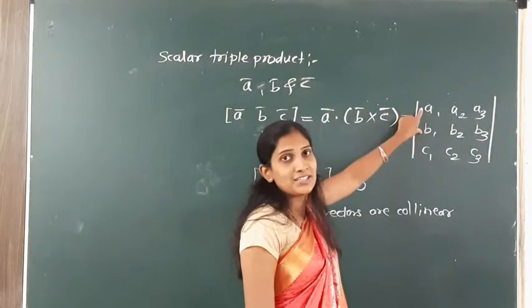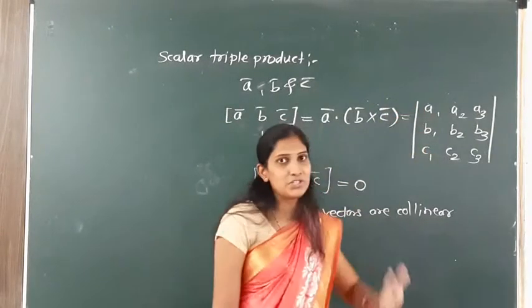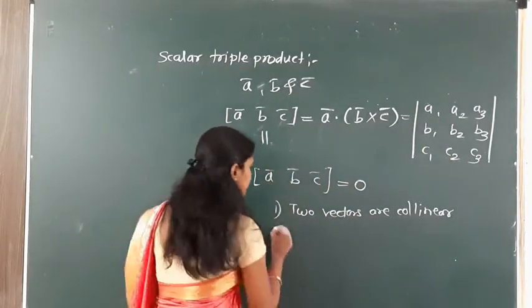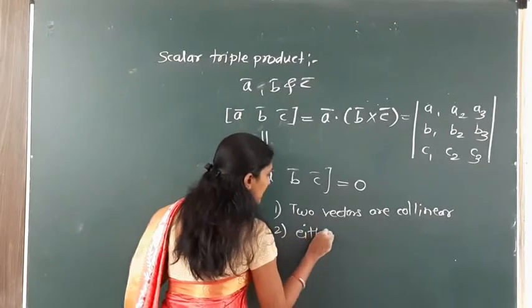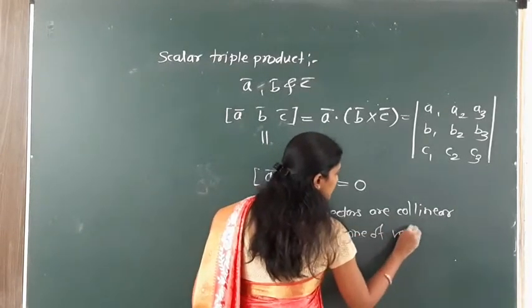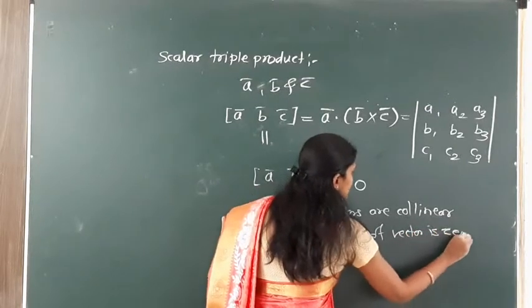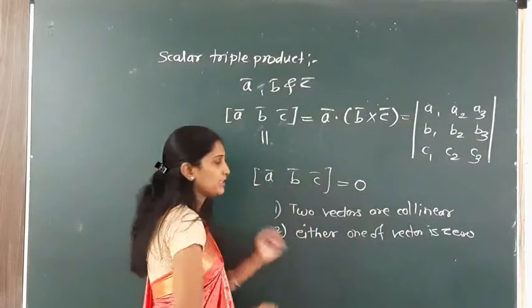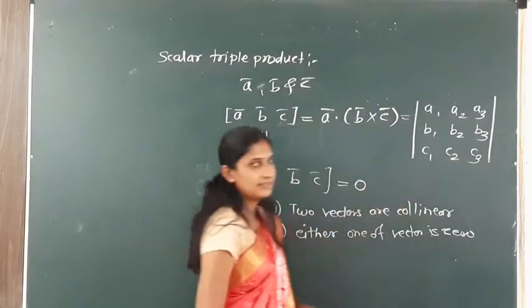If these two rows are in proportion, then its value will be 0. Or either one of the vectors is 0, a bar or b bar or c bar, then this determinant will be